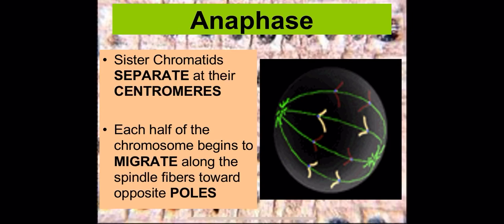So anaphase, I always tell people the easiest way to remember anaphase is that Anna is a girl's name, and people have the ability to walk around. And anaphase is the phase where you're seeing these sister chromatids essentially walking or moving towards the poles. It's how I remember it. I know it's kind of cheesy.